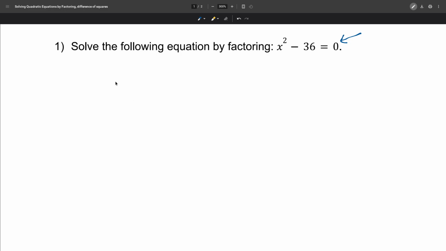Now a difference of squares problem takes the following pattern. It typically has the pattern a squared minus b squared, and it factors into a plus b times a minus b. Okay? So knowing that, if we have x squared